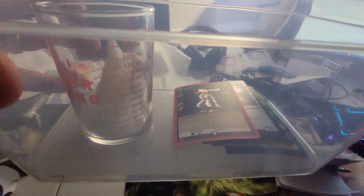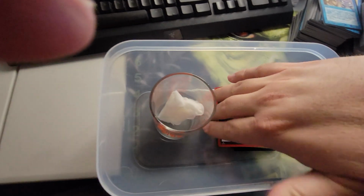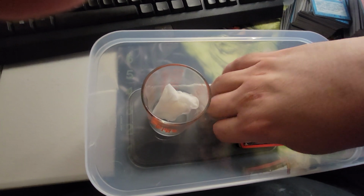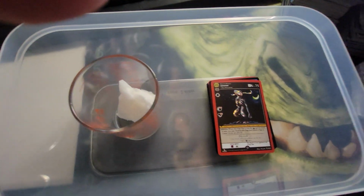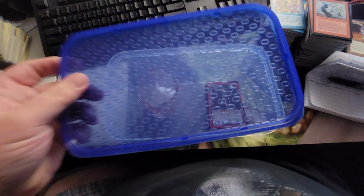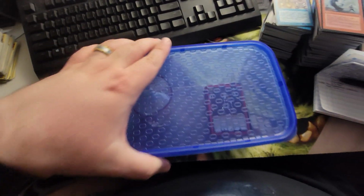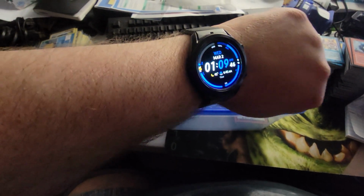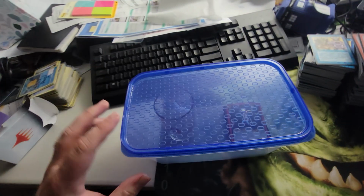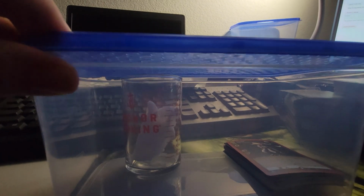You can see here the cards are in there, Pringles and all, just to try and prevent condensation. Let's move them maybe a little to the corner. I'm not sure. It's not an exact science, this, I don't think, yet. So I have another method that I know works, but it is March 2nd, 1:10 a.m. So here we go. You can see it's in there. There is clearance up there. It doesn't have to be much, just enough to...